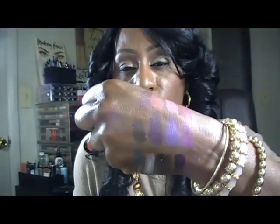And let's see, I will swatch this chocolatey brown right there. Really pretty. And there it is, swatched on my hand. So those were the two SMASHBOX palettes I picked up last week. And the last thing that I picked up on that particular CCO run,